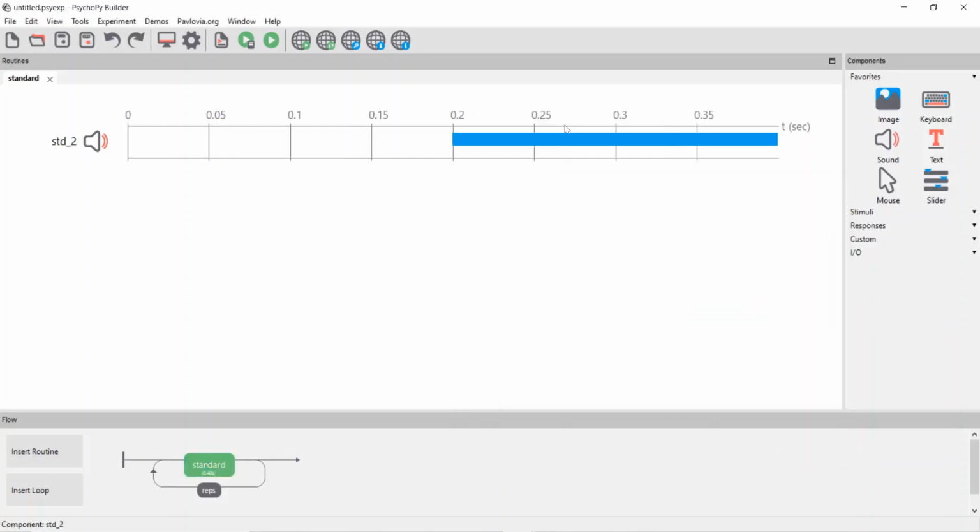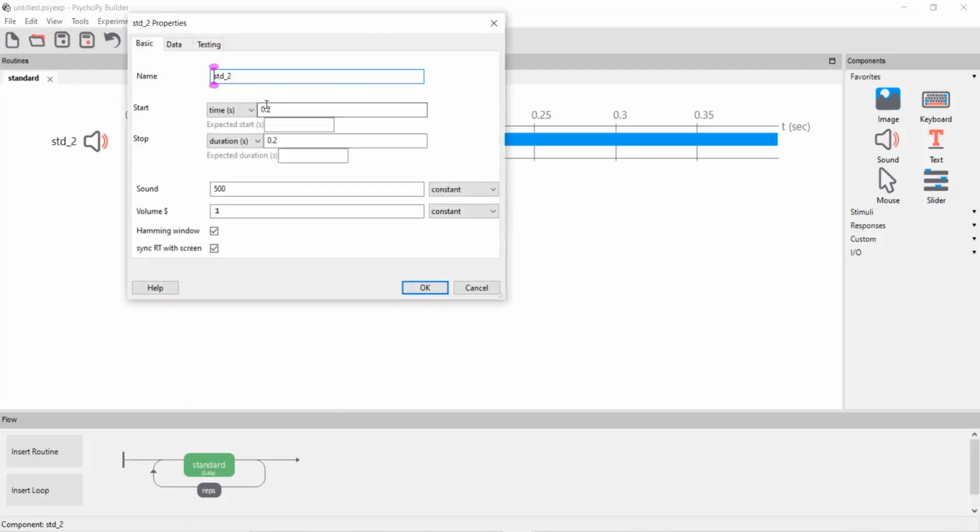Now if I play this sound, it will be off for 0.2 and on for 0.2. I don't think it would be convenient for you to hear it, so let's keep it at half a second.